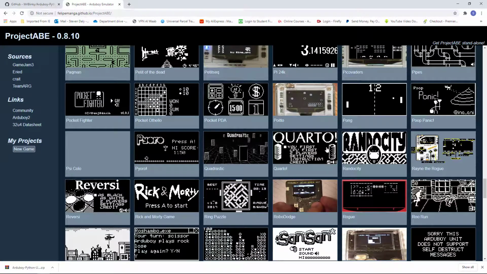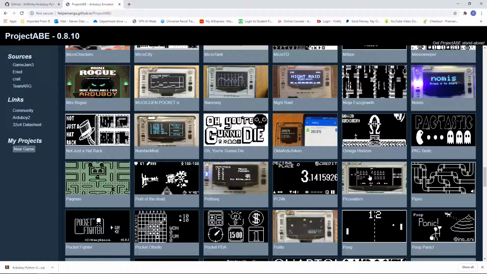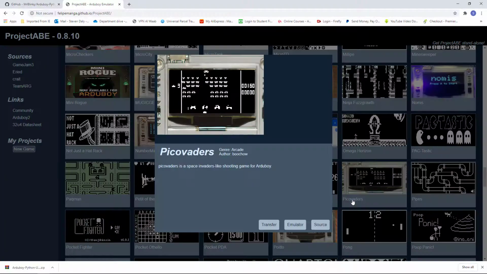So really good. So we're going to look for Pico Vaders. There it is. Right, so if you find a game that you're really interested in, you've got a couple of options really. You click on the game, and Pico Vaders is basically Space Invaders. It's a Space Invaders clone, but it's brilliantly done by Buchau. And it's got an open source license, which means that we can place it on the 8BitCADE Excel image and share it openly,